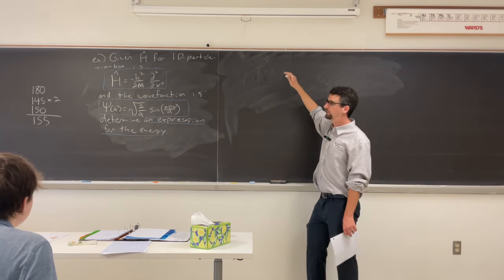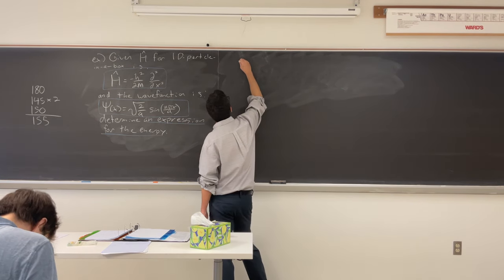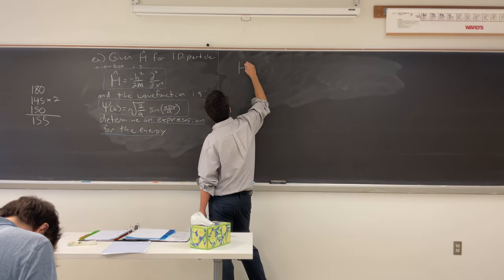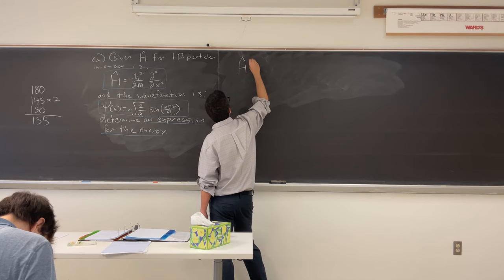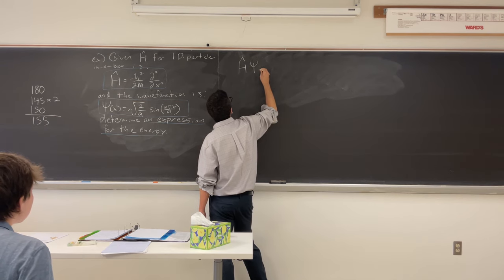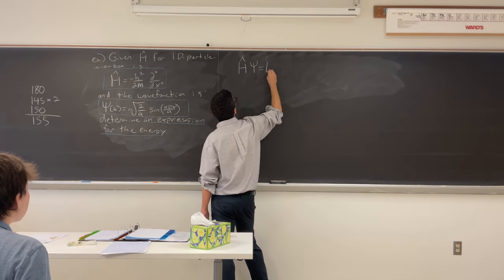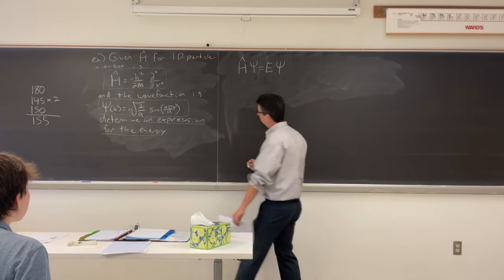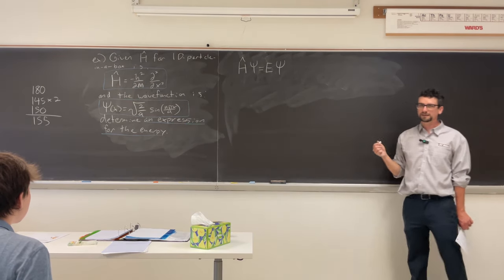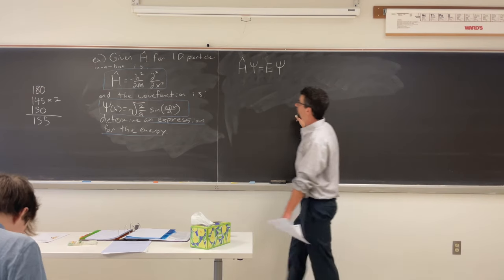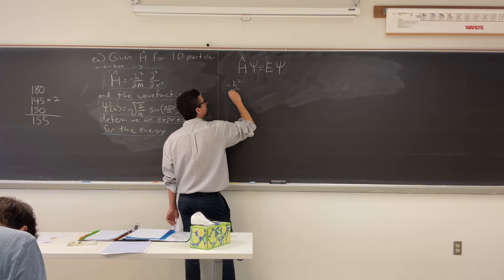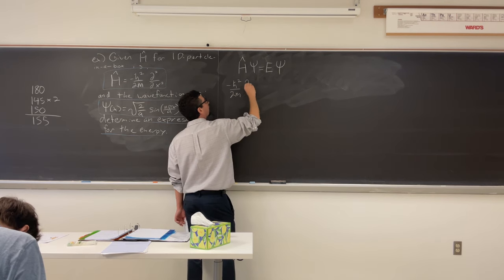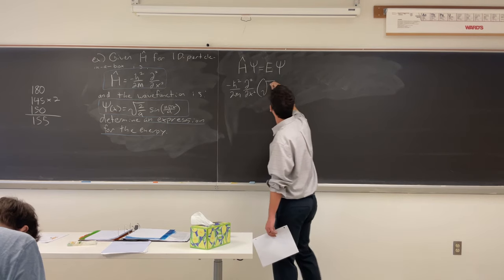Okay, how do we find an energy? We're going to have a Hamiltonian, and then we're going to, well, what's it got to operate on? It operates on the wave function. Yes, that's what we should get out. So we need to get that same function back out. So we're going to apply our Hamiltonian, which is just this, to